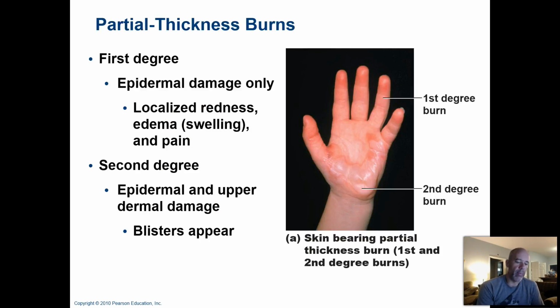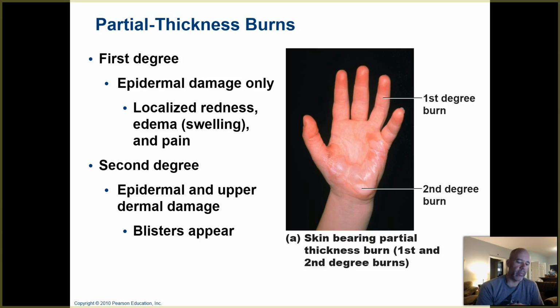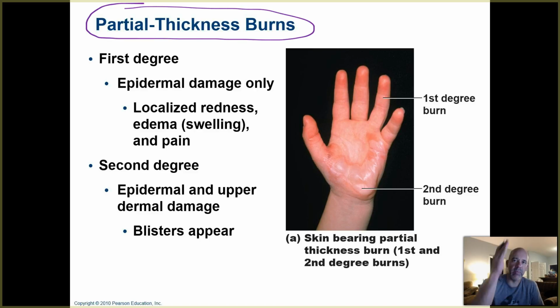All right, how about burn classification? Some types of burns are called partial thickness burns, and what that means is the burn is not going all the way through the epidermis and the dermis, it just goes part of the way through. If you have a first-degree burn, that means only the epidermis has been damaged, and some signs and symptoms of that would be redness, edema, that's a clinical term for swelling, and of course